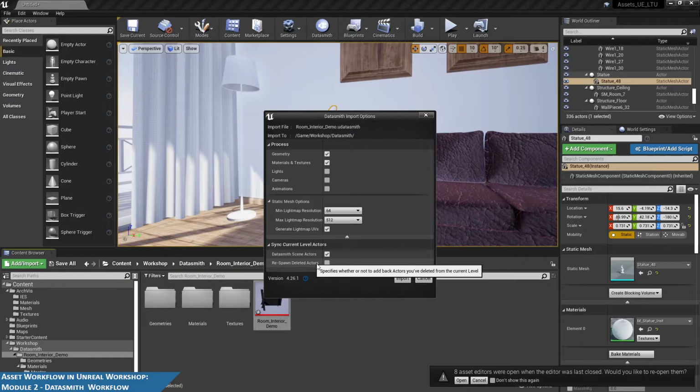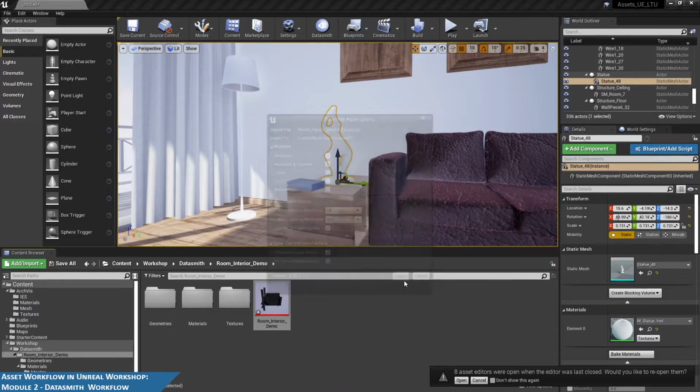Respawn deleted actors. What that means is if I delete models in Unreal Engine, like let's say I deleted the lamp in Unreal Engine, but not in 3ds Max, I can say no, leave it deleted in Unreal. I don't want to re-import it without having to go back for it. So it's just going to keep things organized. And it's going to do something that's actually not shown here. But watch, if I go ahead and re-import,